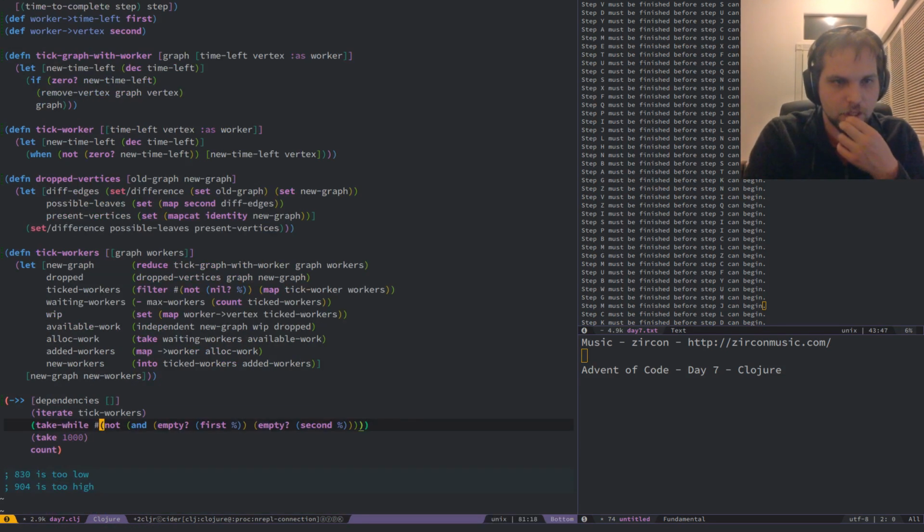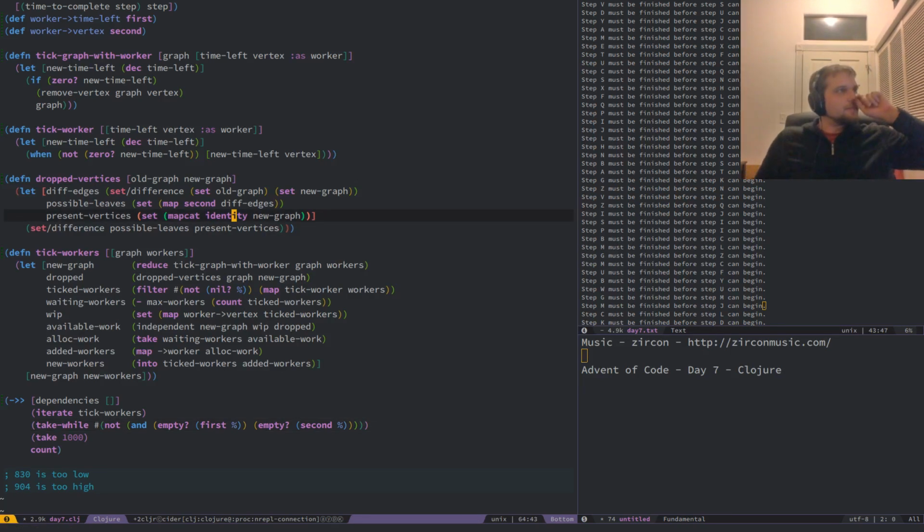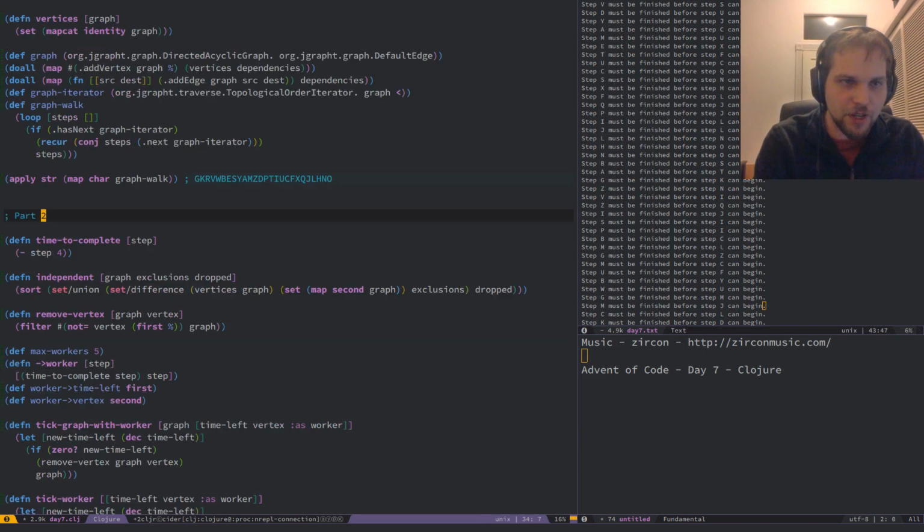Still not enough one. So one thing I have to consider here is the scenario where there's still things pointing to that node. I don't want to make early assumptions, basically. And that union up there would screw that up.